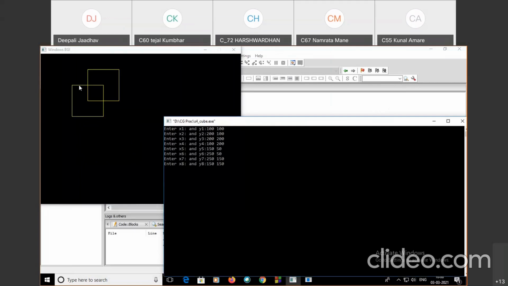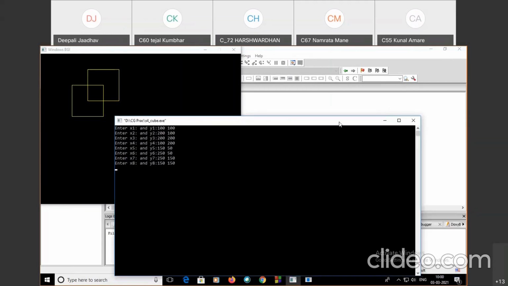We are now going to draw a line from here to here, here to here, here to here, here to here. So how many lines do we need to draw here? 4 lines. When we attach these 4 lines, it generates the cube.